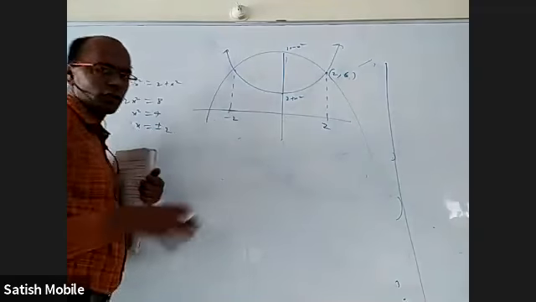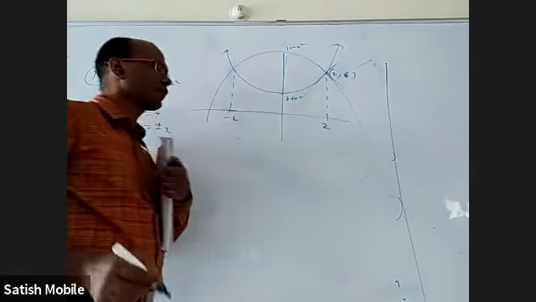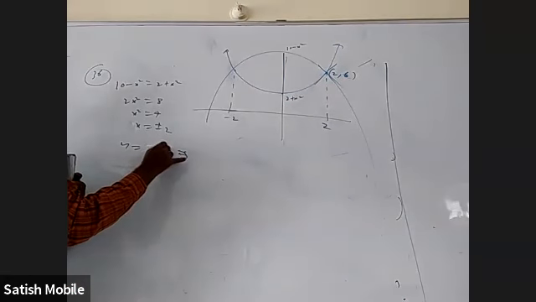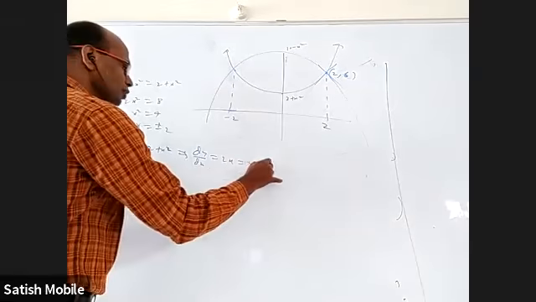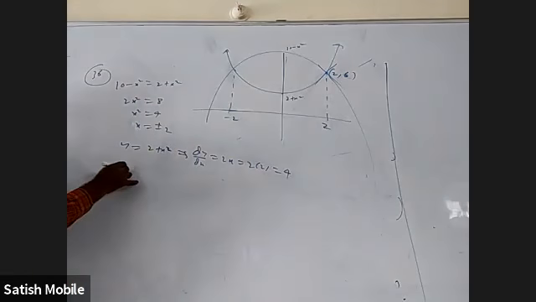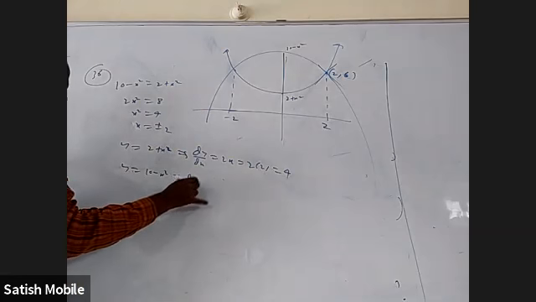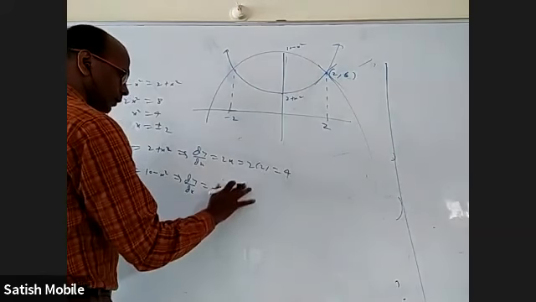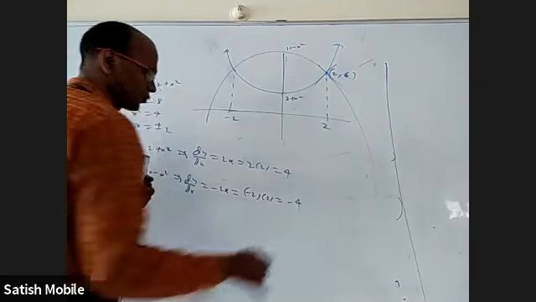Once you found the point of intersection, find the slope of the tangent to the first curve, the slope of the tangent to the second curve, and then you can find the angle between them. So if you take y equal to 2 plus x square, dy by dx is 2x, and that is 2 into 2, 4 at this present point. When you take y equal to 10 minus x square, dy by dx is minus 2x, which is minus 2 into 2, which is minus 4.